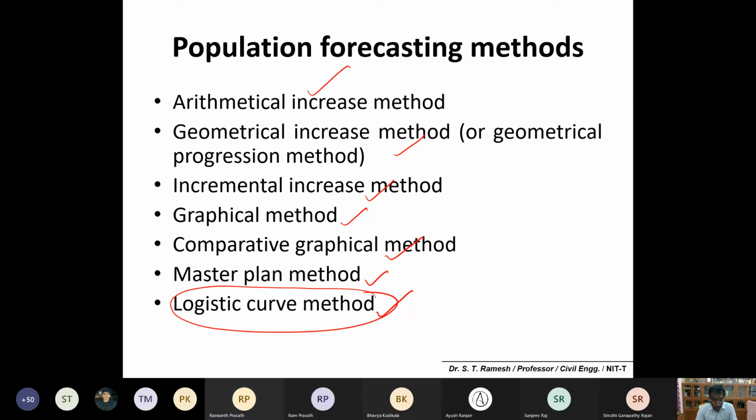Please listen carefully. The next activity is based on these population characteristics. Almost all of you live in different cities, so browse and take the last 4 decades of population data from a census website. You will then be in a position to calculate your project city's population with these methods. If you have any difficulty, just stop me in between. That's the next activity, and it will also be useful from your examination point of view.